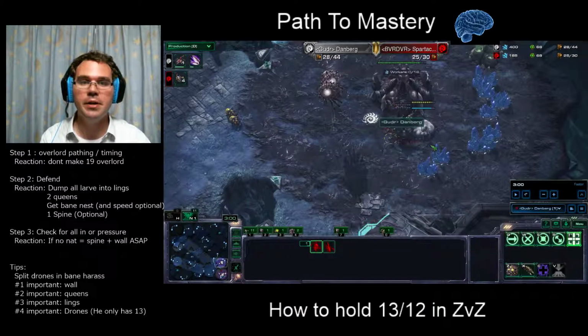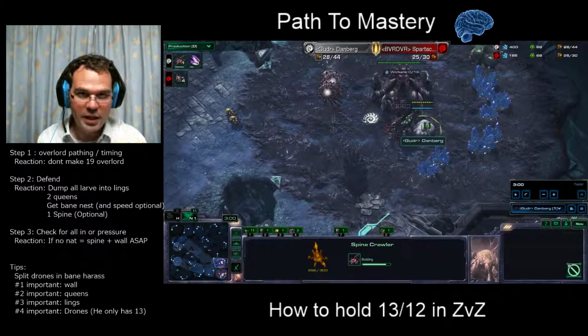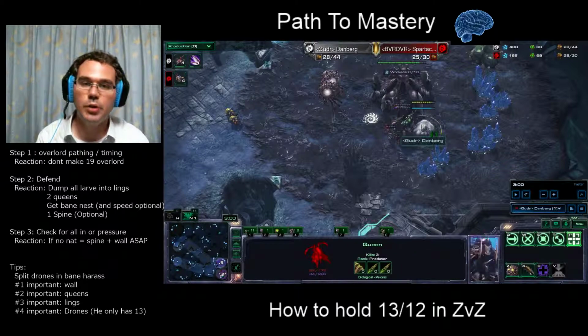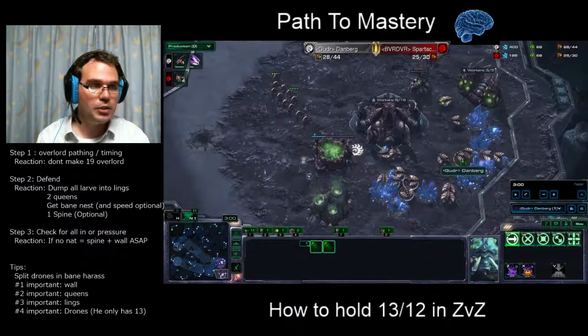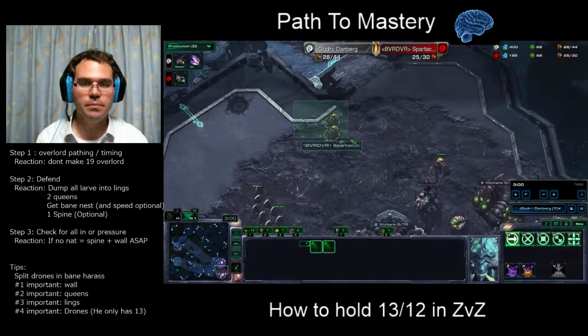Now, down here, I don't care about what's going on right now. I don't have the APM to deal with this. I've got a spine on the way because I saw it was an all-in, and that's going to be an anchor down at the bottom. So I'm just trying to protect my spine with my queen. I can remake the queen. I'm trying to keep my spine alive so it can hit these banelings and do damage to them as they walk on my ramp. Now, the first thing you want to do is split drones when you're doing your bane harass. Now, what he's trying to do...